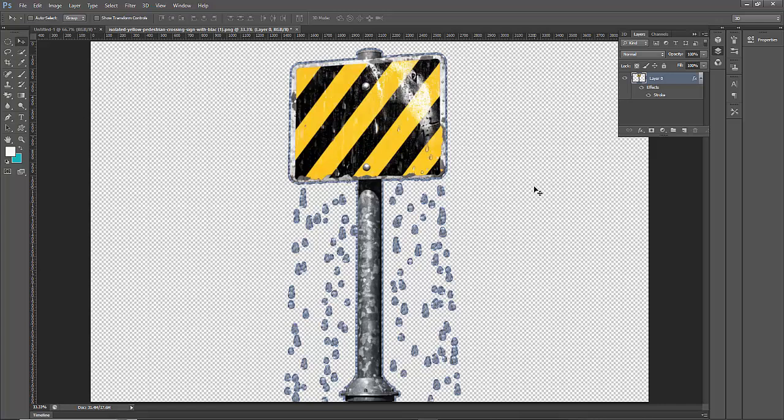adding a pattern border to a PNG image in a Photoshop document is very easy. I hope